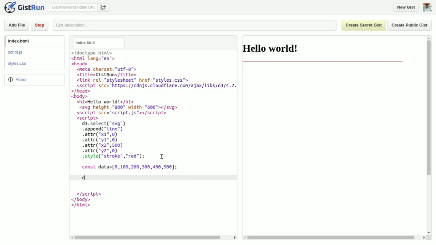So we will do d3.select SVG, .append text, .attr x as d, and I will use a loop, data.forEach.